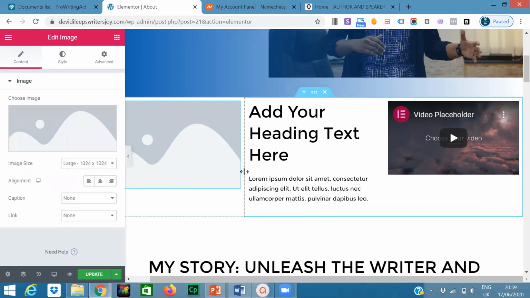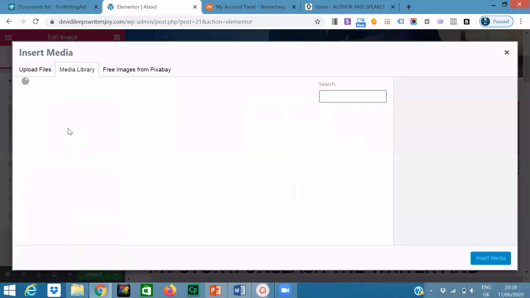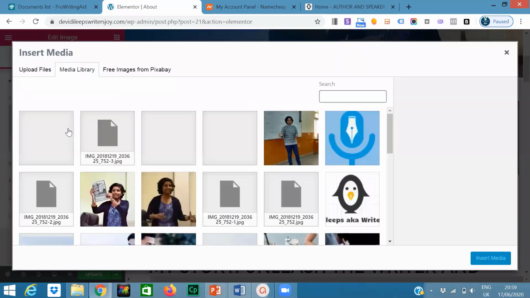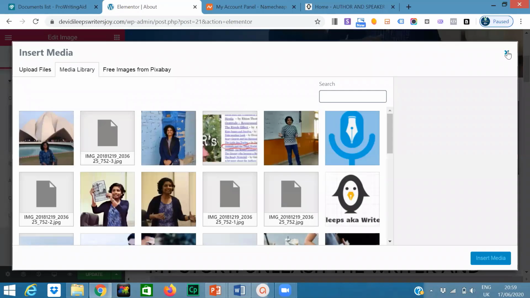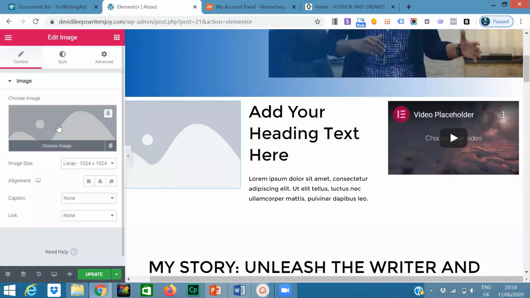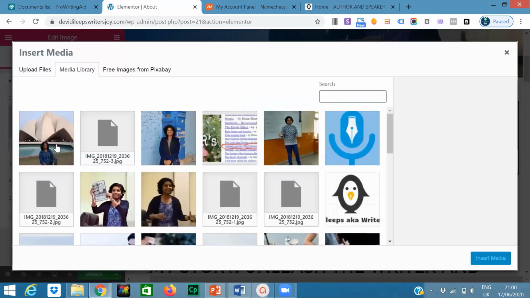Now, in the content side, we see the same picture appearing on the left hand side, right? If you want to change that picture, let us go ahead and change it. Go near the choose image and select. Do it a little bit slow, Devi. If you go to this section, there's a choose image at the bottom. When she clicks on that, it will take you to a section, like browsing a picture.